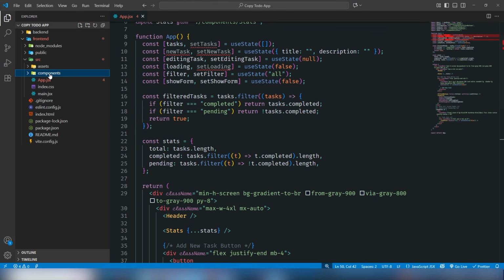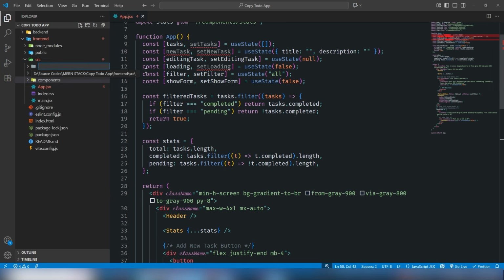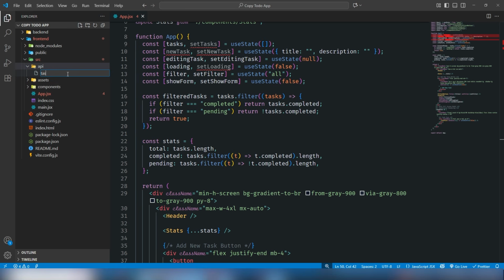So guys, we're gonna work on the API. It means I need to get the data from the API, and we will use it inside our front end. So I'm gonna create a folder inside the source, API, and create a file, tasks